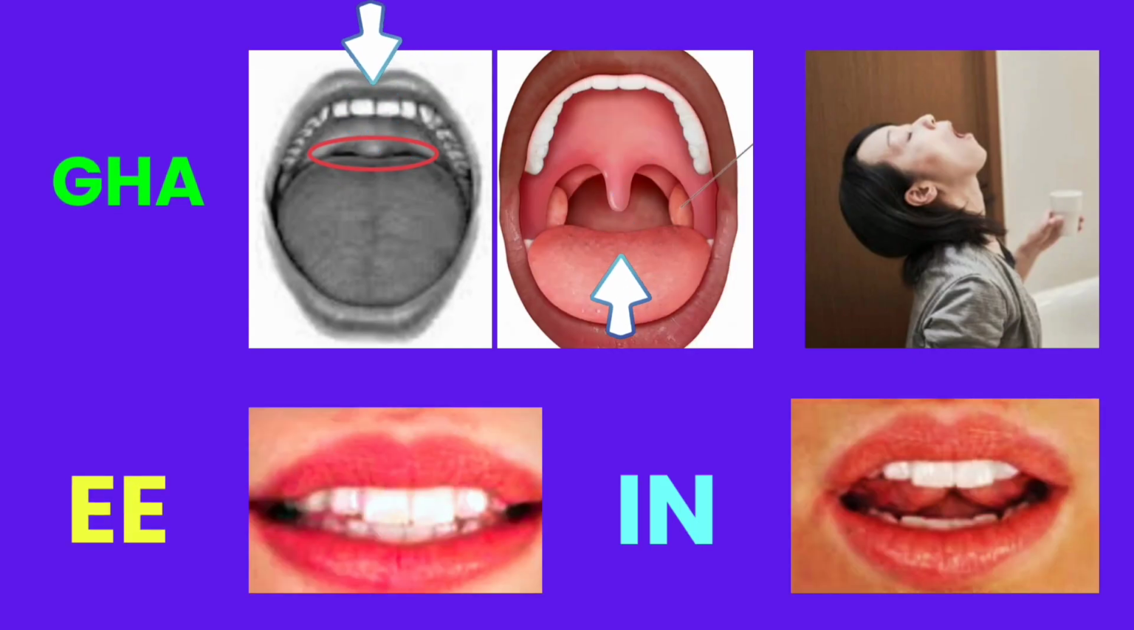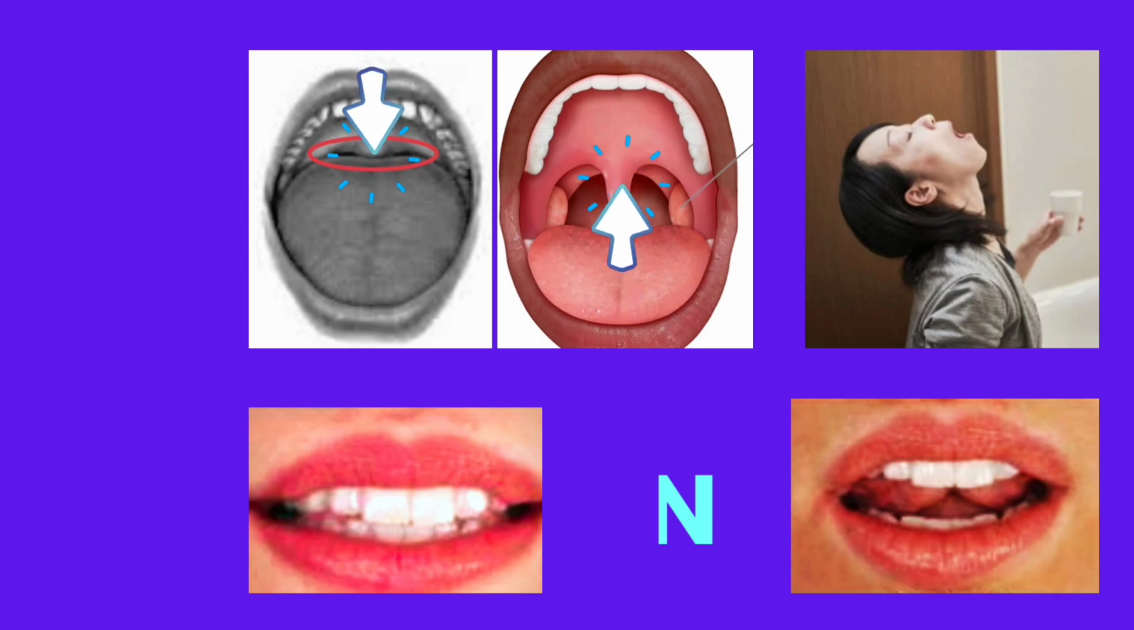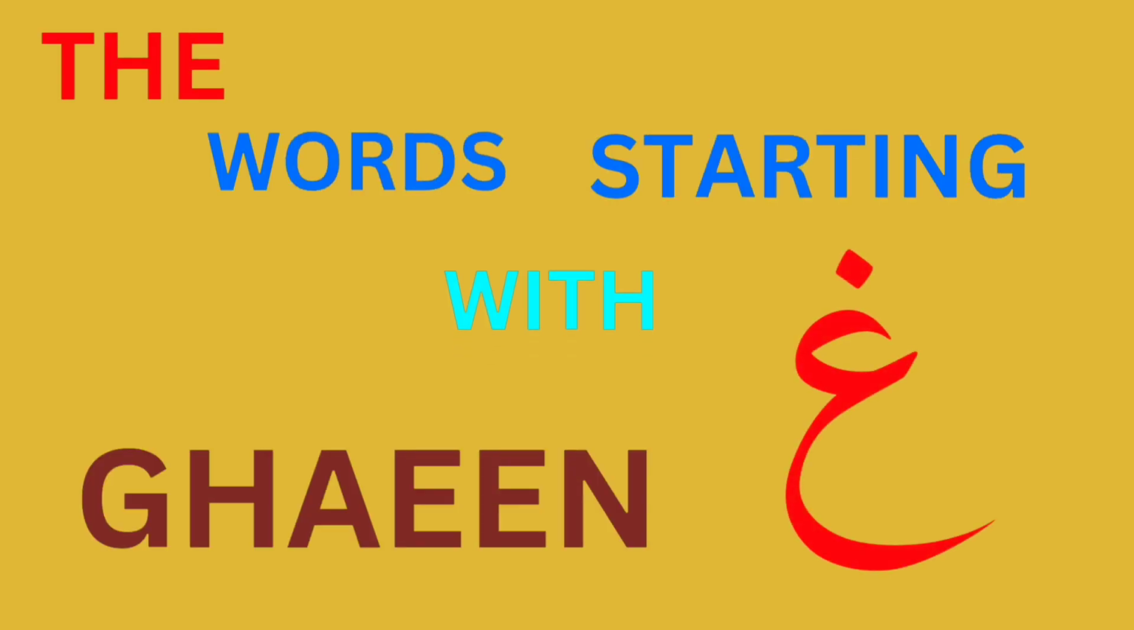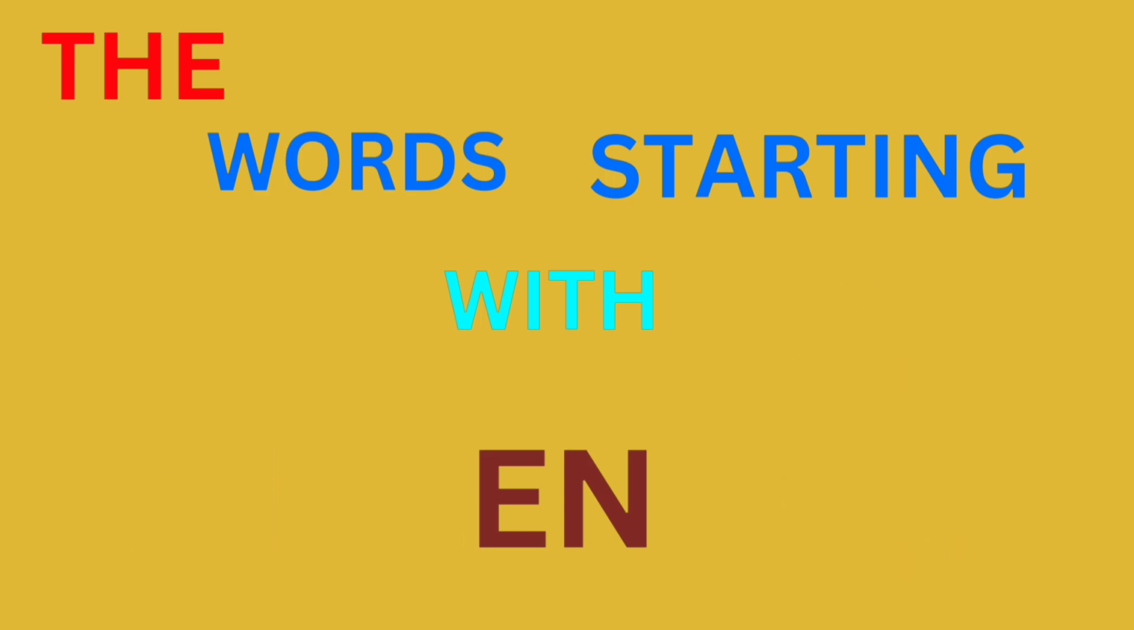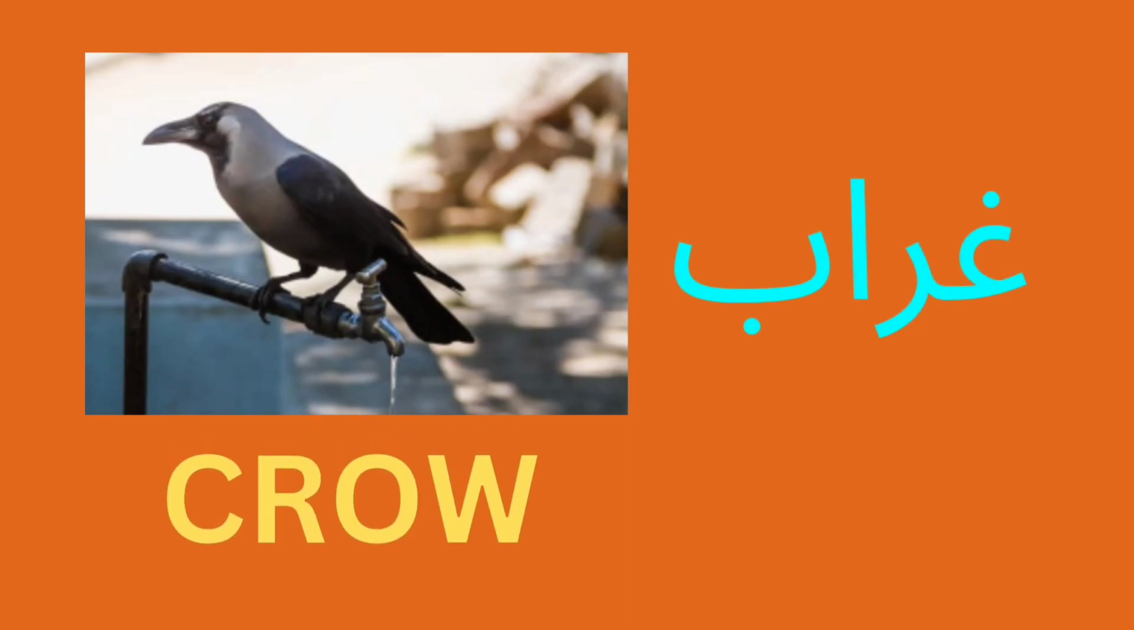The back side of the tongue will touch the upper throat, producing a gha sound like gargles, and then in sound. Gha in. Ghain. The words starting with Ghain are Ghurab, which means crow,